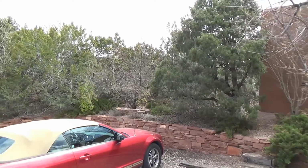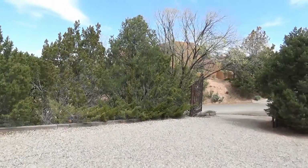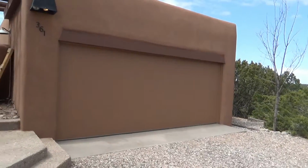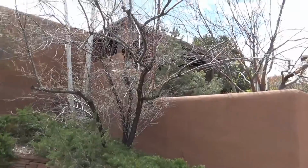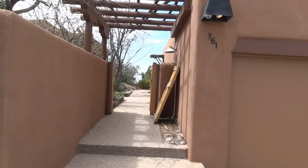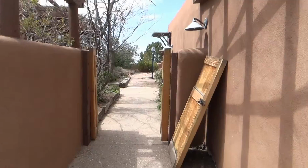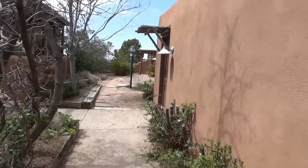Well, here we are at a beautiful home in Santa Fe. You can see this beautiful enclosure. Garage right here, could be used as an office. You can see all the beautiful trees. It's a very scenic area. Now, unfortunately, this home was vacant for a while and it has quite a few skylights in it. We're going to show you in a minute. I just want you to see the beauty of this particular